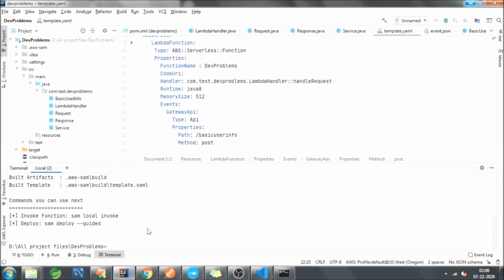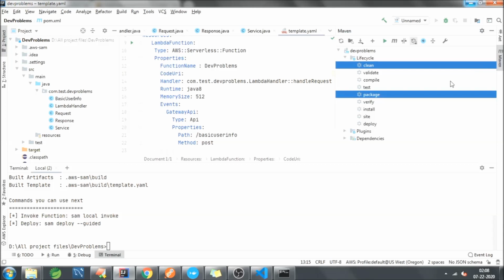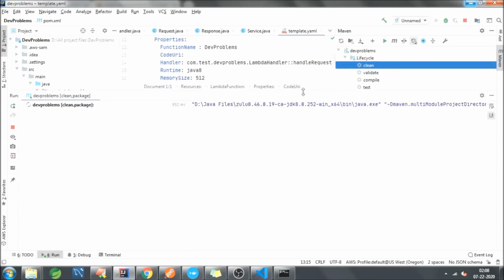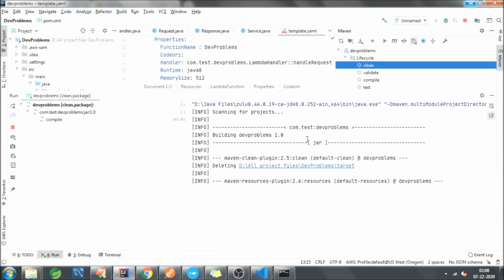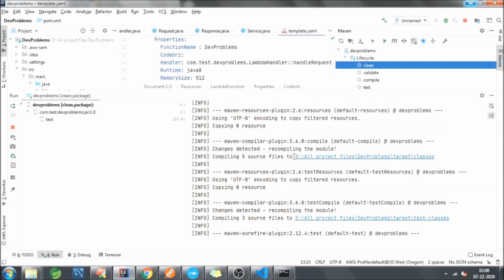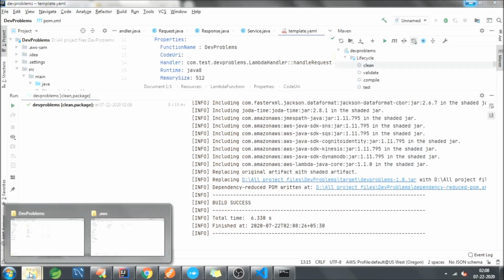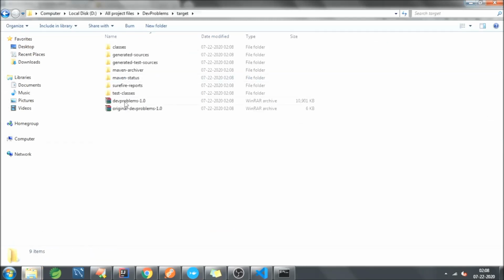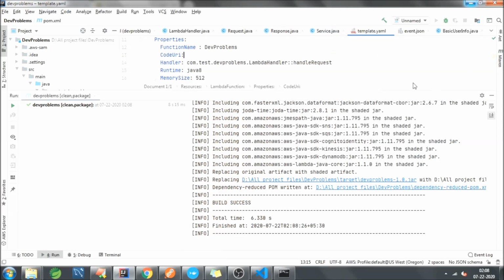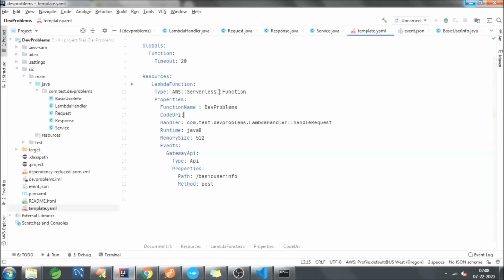Okay, and now what I'm gonna do is I'm gonna create the jar of my project. Okay, and the jar will be created under the target folder. Go ahead and check it. Yes, it has been created. So now as we're gonna invoke a lambda, you need to point this code URI to the jar.